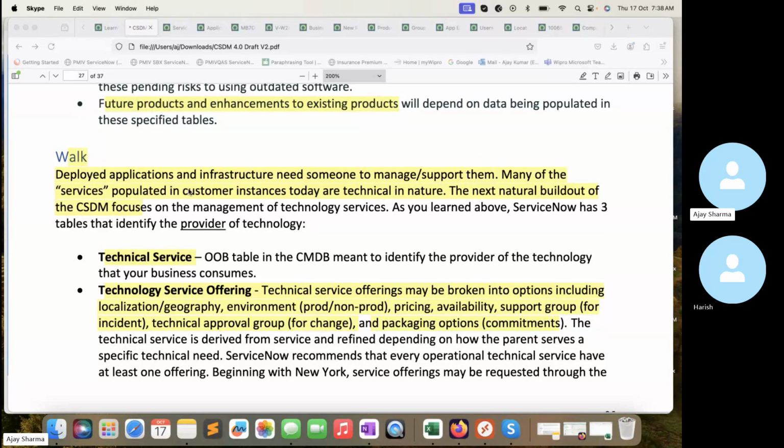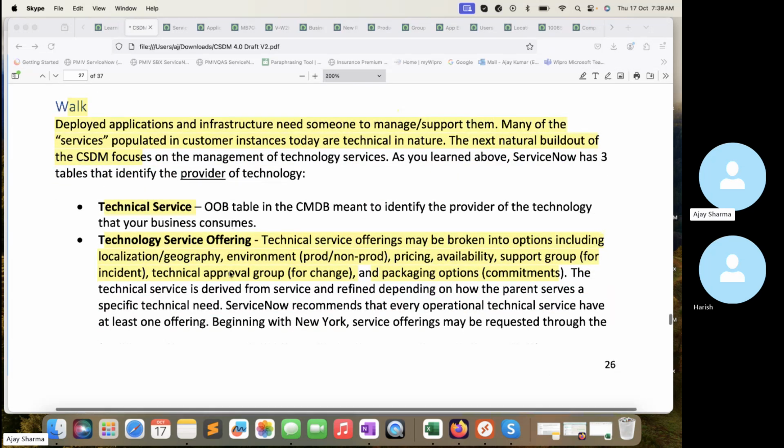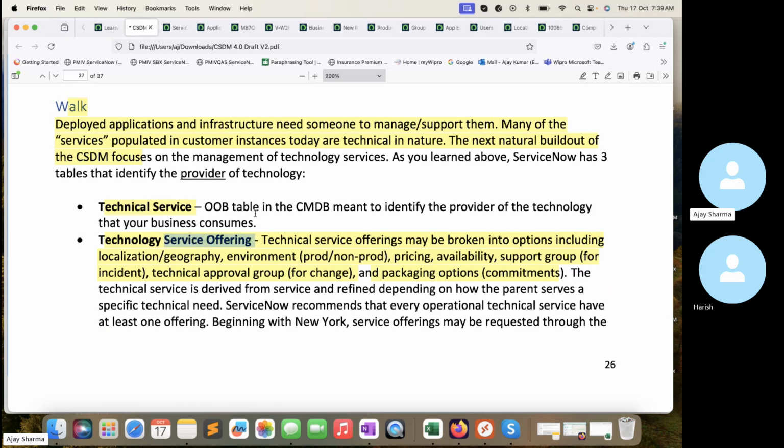Many of the services populated in customer instances today are technical in nature. The next natural build-out of the CSDM focuses on the management of technology services. Then technical services and technology service offerings come into the picture. Technical services are basically an out-of-the-box table in the CMDB meant to identify the provider of the technology that